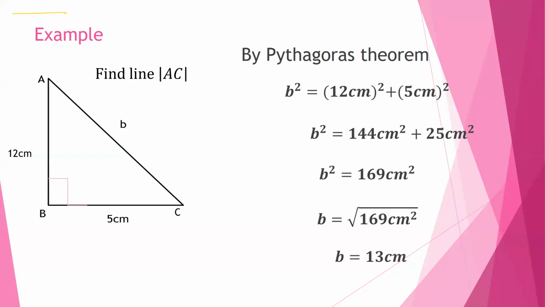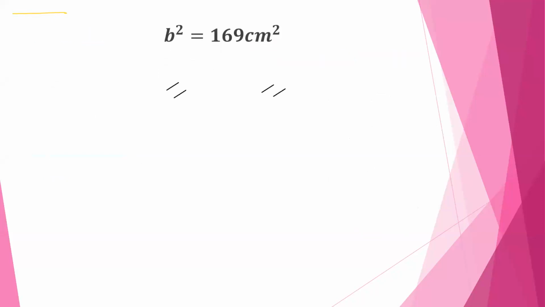But I went on and said that because from this step to this step, I wanted to explain the square root and how it works, for you to be able to know when and how to apply it. So I was saying that if we have b squared is equal to 169 centimeters squared, and we want to find b, we are not looking for b squared, we are looking for b. So the square root, whenever you see square root, is the same as raised to the power half,